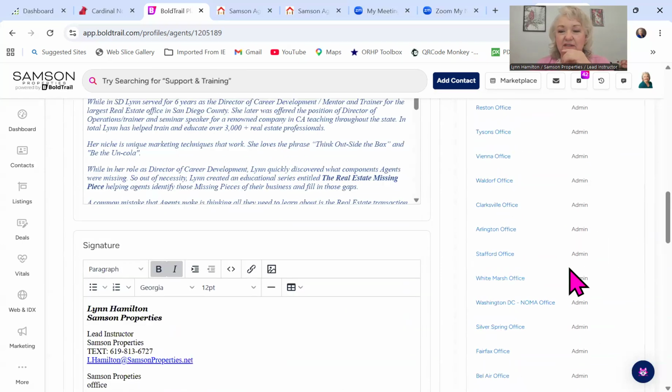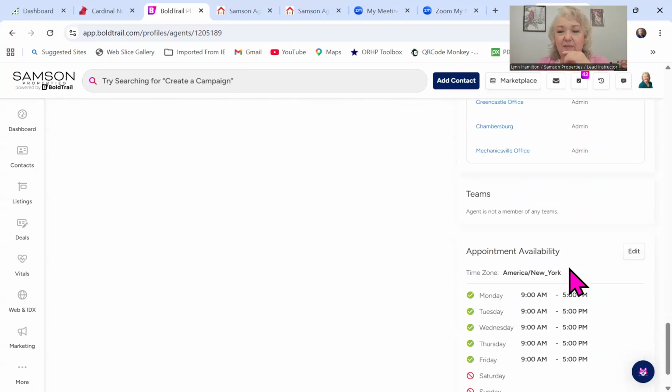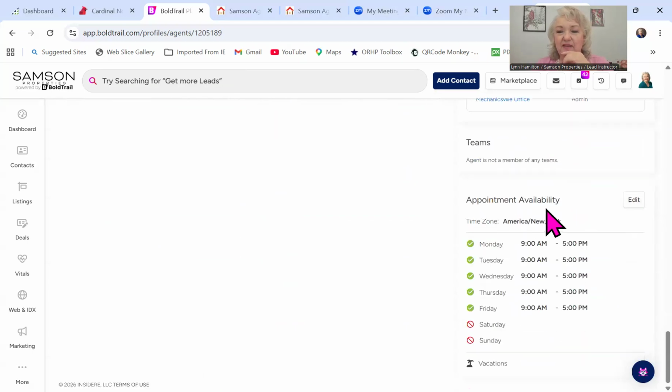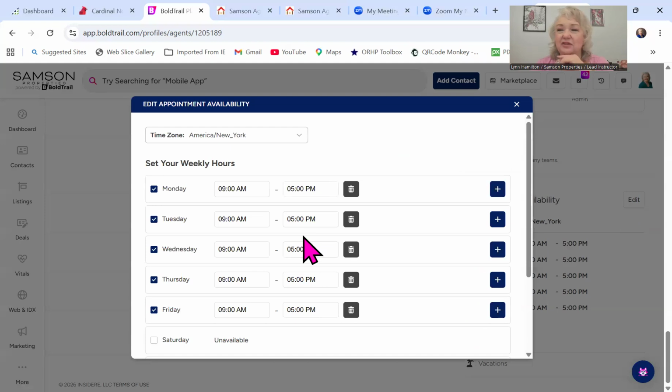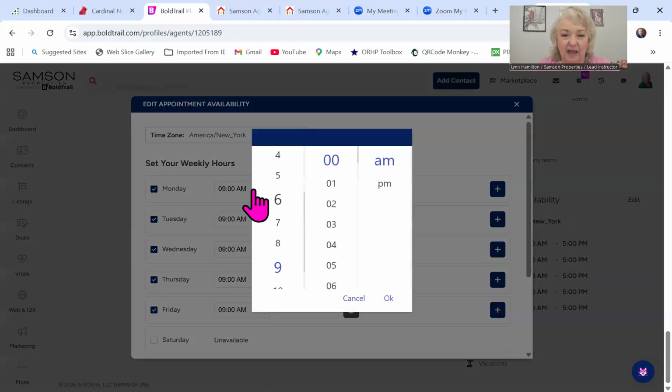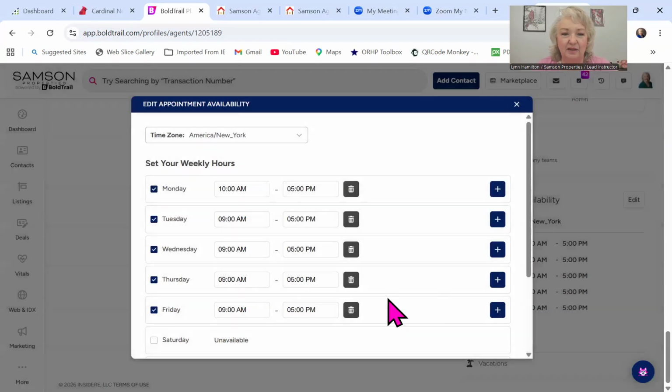All right, moving over to the right side of the screen. No, you won't see all this stuff because that's just mine. But down here, you'll see appointment availability. You will click edit and you will go in and adjust the time. Do not leave it set default to 24 hours a day, midnight to midnight. So you just go ahead and click into the box. It will let you adjust the number, the hours, the AM, the PM, and then you tell it okay,